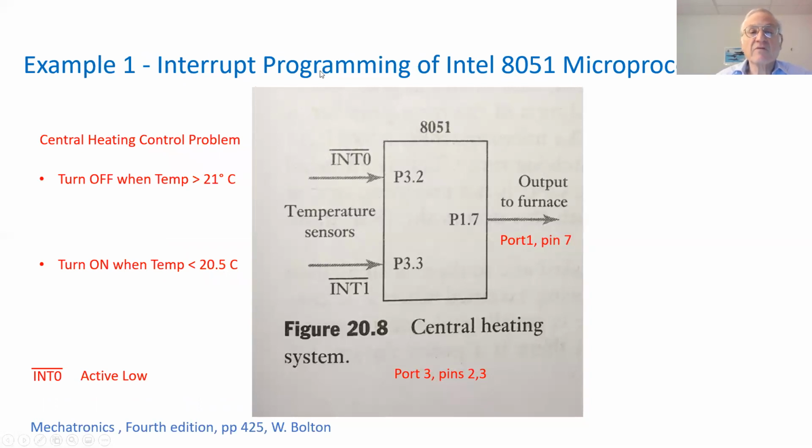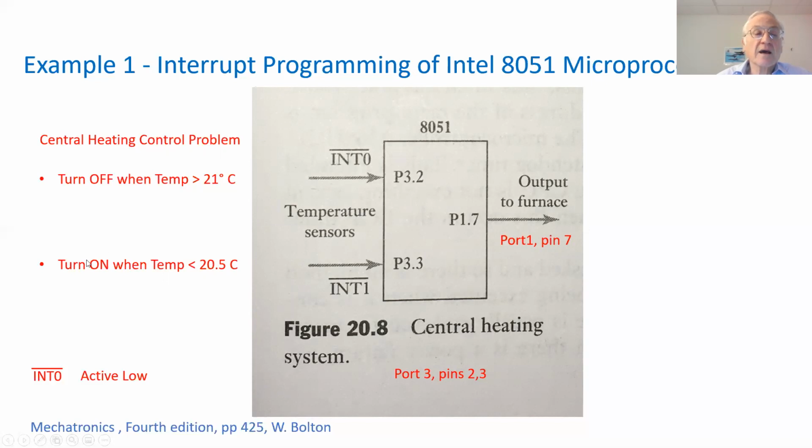This is an example of interrupt programming of the Intel 8051 microprocessor. For example, there is a central heating system, and there are sensors, and the sensors generate an interrupt to the microcontroller, and the interrupts are as follows. We would like to turn off the furnace if the temperature is greater than 21 degrees, and that is going to be in pin